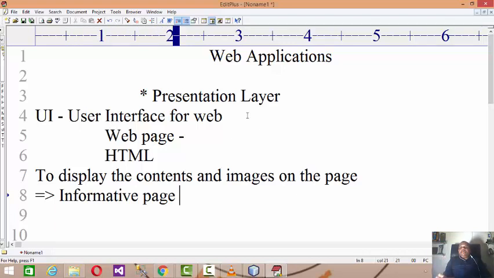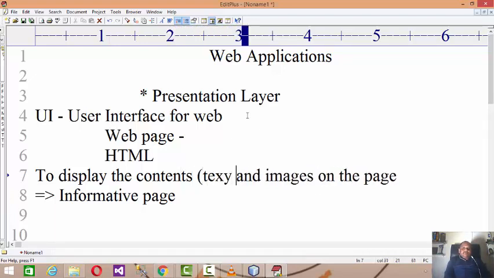By navigating through that web page, you will understand some data. Some data the user will be able to read, and the data is available in the format of text and images.